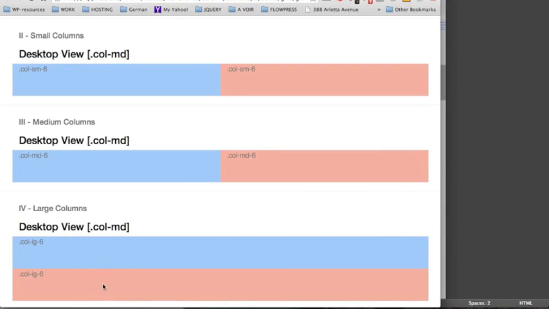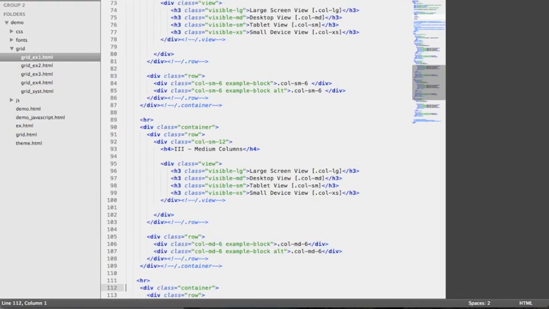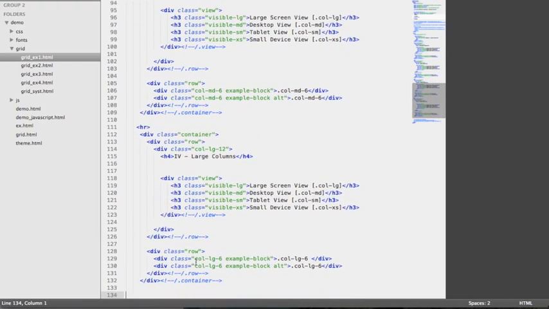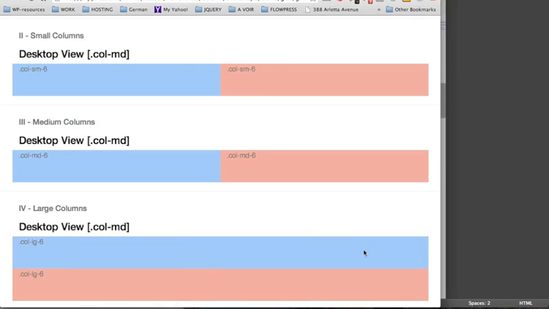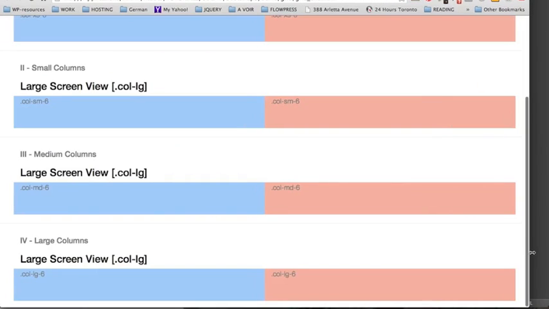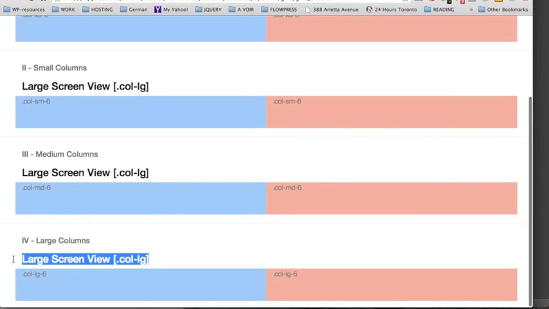On the last row, we have two divs stacked on each other. It's because the default setting for the mobile first is overridden only for the large screen view. So let's see that in the source code. So we have a row with two divs with the class of col-lg for large screen with the number 6 for 6 columns. And this class will become active only when we reach the breaking point of the large screen view. So here we are. On the large screen view, we can see that we now have two divs with 6